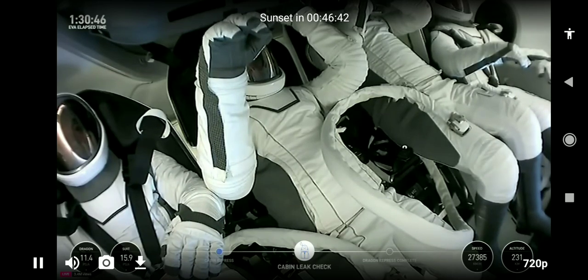Well, it might look like the feed is frozen. If you look closely, you can see small micro movements there with fingers and the strap above Anna's shoulder. Unfortunately, due to ground station coverage, we don't have video 100% of the time, even though we wish we did. That would be great, but we can see that Jared and Sarah are not strapped into their seats, of course,